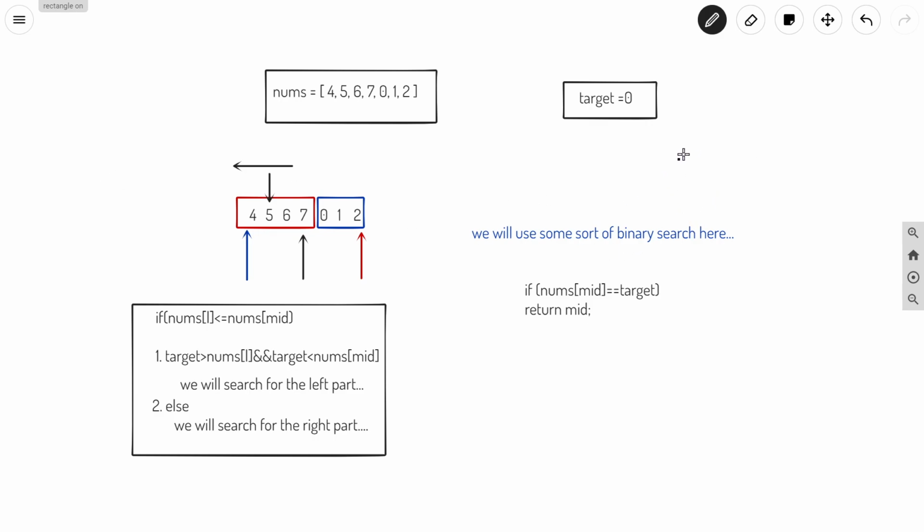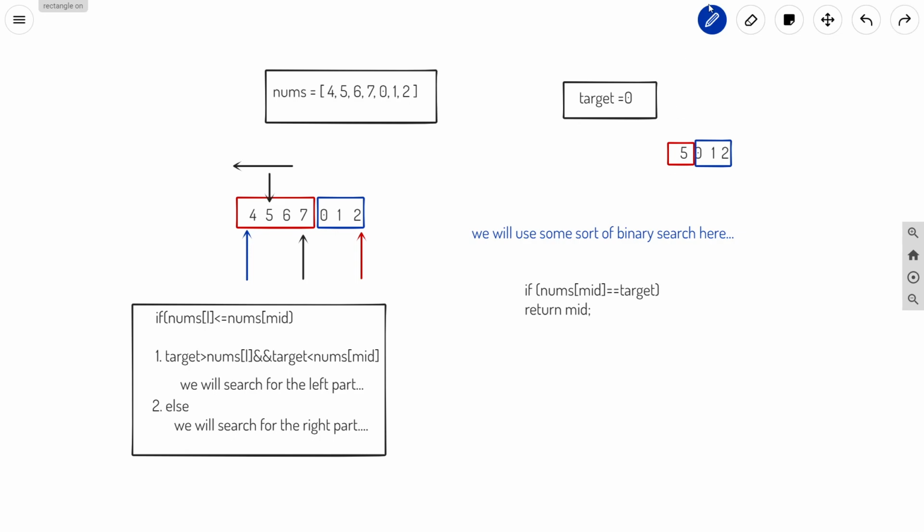For this we can have an array, let's say 5 0 1 and 2. So this is our array. In this array you can see that L is 0 and R is equal to 3 initially. You can see the blue part and the red part. So this is our red part, and this is our second sorted part, which will be represented by blue.